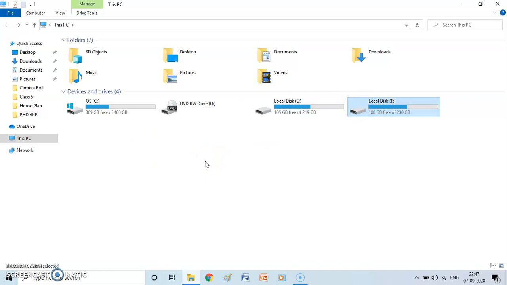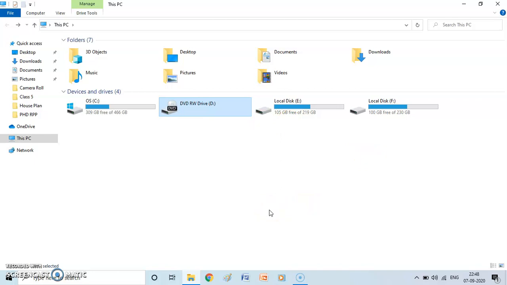Then after this, the second section is devices with removable storage. Now I told you I'll tell you about this later. This is because this is my DVD drive. This D drive is my DVD drive, which is a removable disk. Also, if I connect a pen drive to my computer right now, or if I insert any CD or DVD, a new drive will come here. I do not have a pen drive right now with me, otherwise I would have shown you.